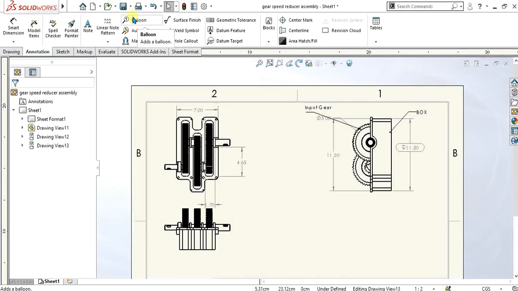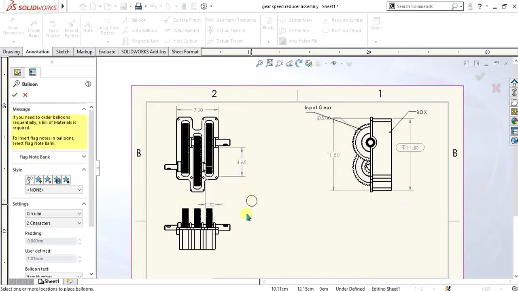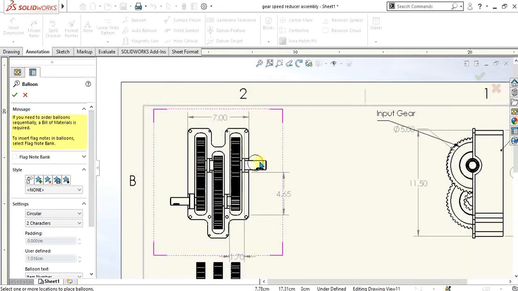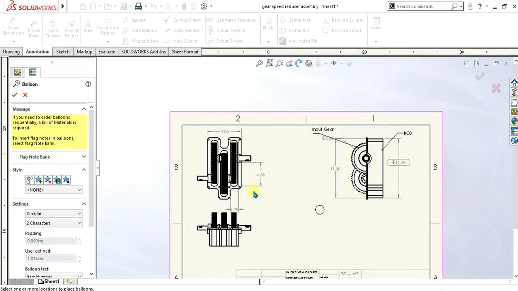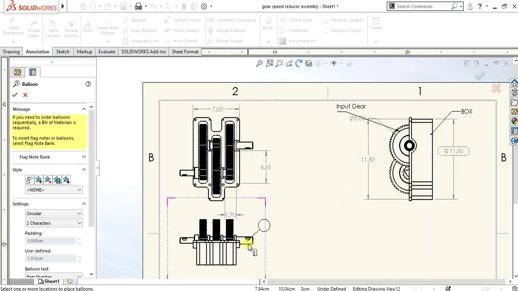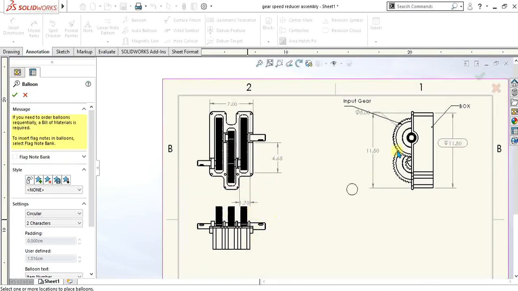So what is the function of balloons? We will see how we can add balloons and why we add balloons. Balloons are basically to show the quantity or item number of the parts. Like we have 8 parts in the assembly, so we can highlight them.